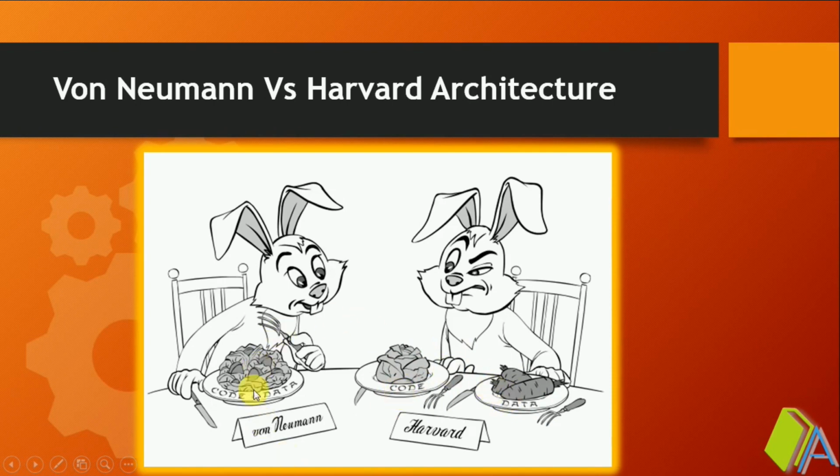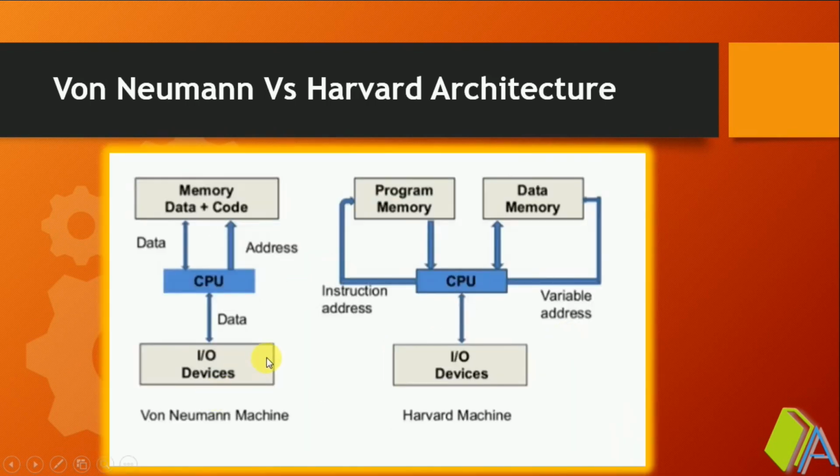Compared to the von Neumann architecture, the Harvard architecture will be faster since it has two different memories as well as two different access mechanisms. Parallelly it can access code as well as data at a time. This is the structure of von Neumann architecture. The main memory has the same core for storing our data as well as code, and it has only one bus for accessing both data and code. So at a time it can access either data or code.